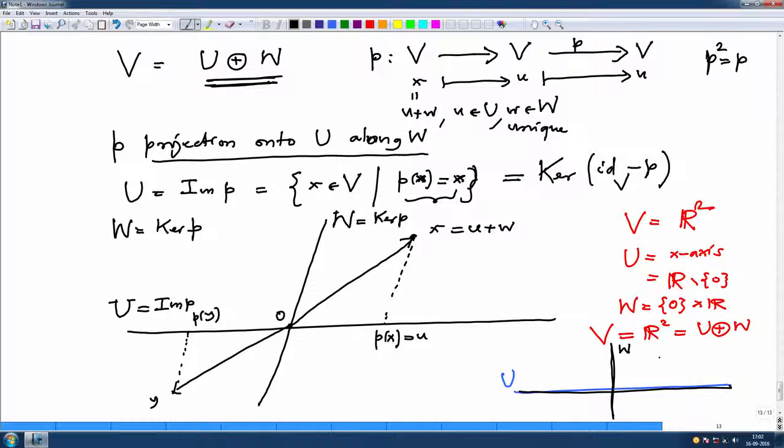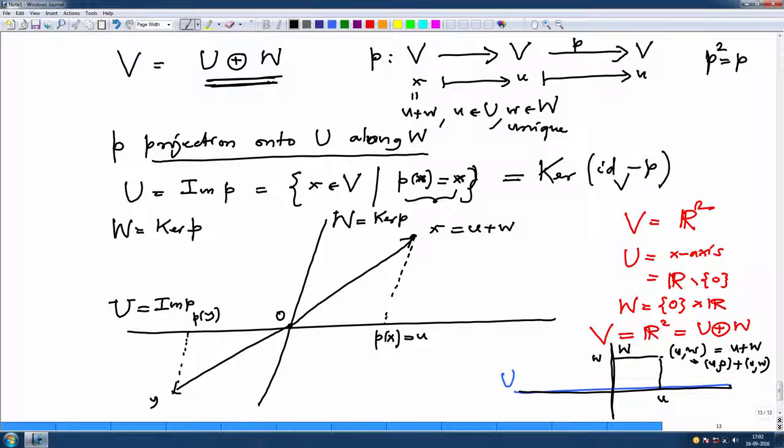In standard notation it is u comma w, but one could also write this as u plus w, because when you write the pair u comma 0 plus 0 comma w, you are identifying u with u comma 0, and similarly w with 0 comma w, and that justifies why we are writing u plus w. What is the projection onto u? That is precisely this u, and onto w it is this one.